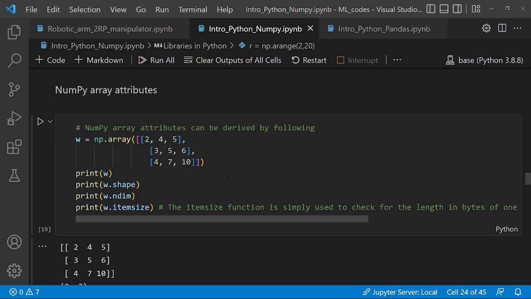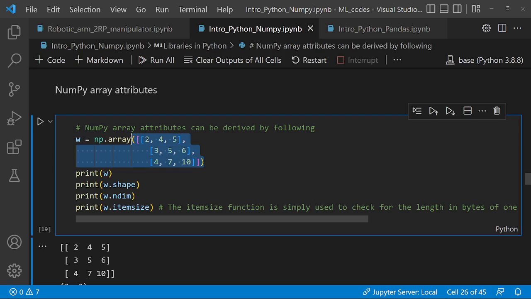Now you may want to check the attributes of your array. In this case, you want to know the shape of your array, the number of dimensions of your array, and the item size of your array. So here I have a multi-dimensional array which I've stored in identifier W, and I'm using print W to print the array, and print W.shape to print the shape of